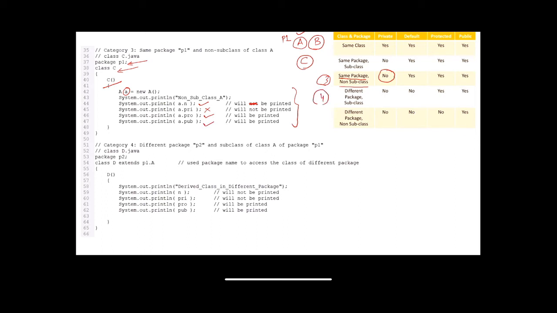In my fourth category, you can see that if I'm having a different package and some class which is inheriting some class, then the following thing happens. So in this example, you can see I'm having a package P2. Now my A, B, C belong to my P1 package. Now I'm having a package P2 in which my class D belongs. And now my class D is trying to inherit this A class. Now please note that the A class belongs to a different package. So this is why I have written over here